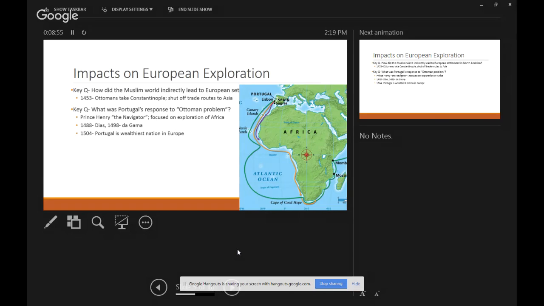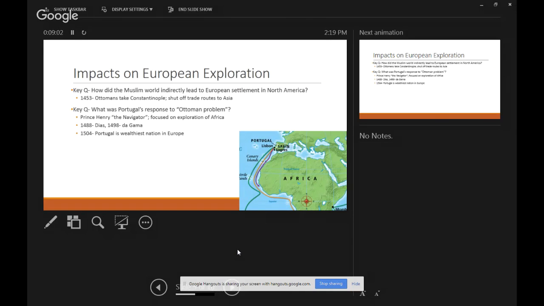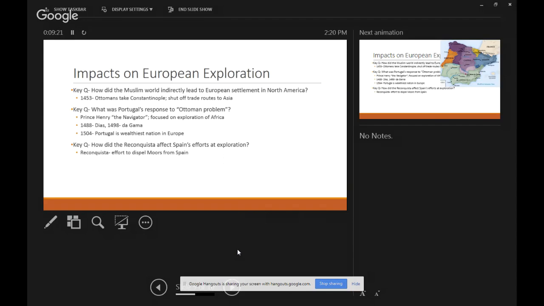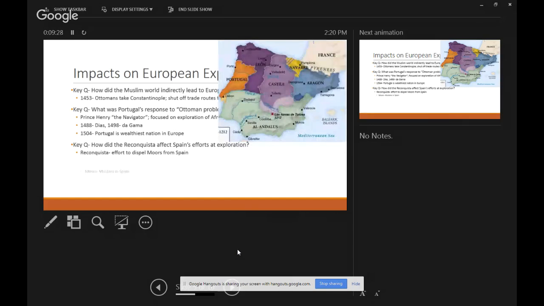I mean, other countries are going to want to get on board with this. The first one's going to be Spain. They're right next door to Portugal, for goodness sake. But Spain's got a few issues they've got to work out first. All right, the first issue is that they actually have to get some freedom. While Portugal is doing all of this stuff, Spain's fighting to become free. They're under the control of a group called the Moors. Not Spanish, they're not Spanish at all. A group of people known as the Moors, and the Moors are quite simply Muslims that live in Spain.